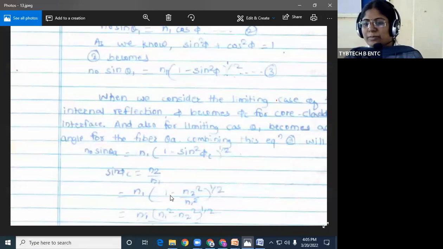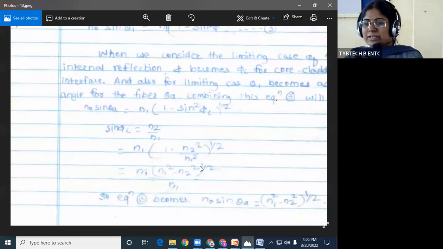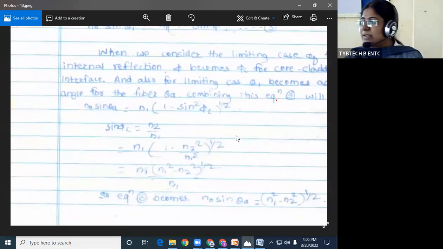So this is 1 minus n2 square divided by n1 square and whole this bracket raised to 1/2. मग इथं काय येईल हे सिम्प्लिफाय केलं तर n1 square minus n2 square divided by n1 square आणि परत raised to 1/2 आहे म्हणजे काय होईल इथं it will become n1. So these two values get cancelled. So n1 square minus n2 square bracket raised to 1/2